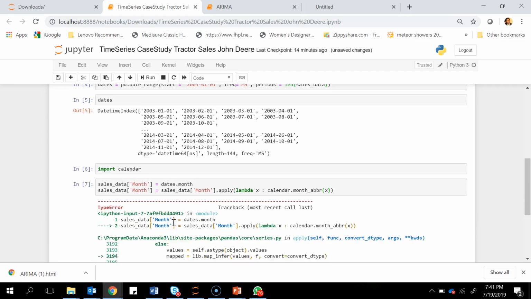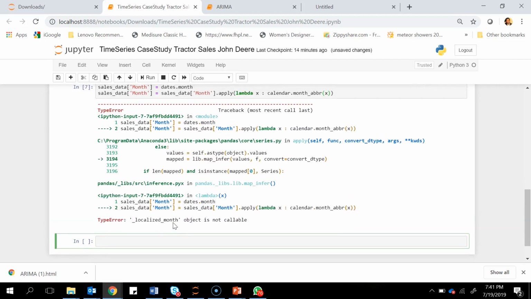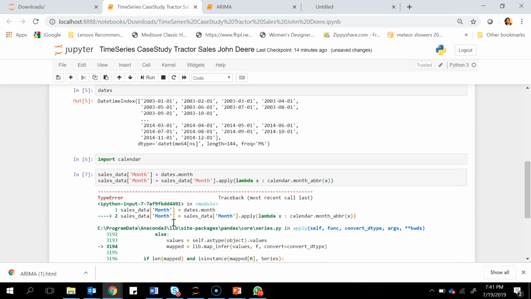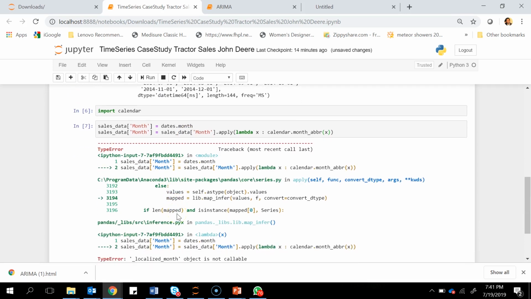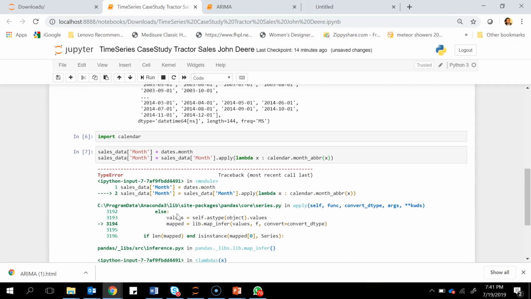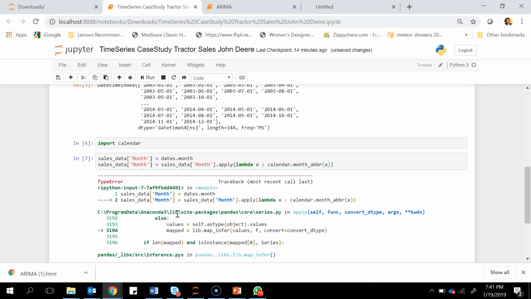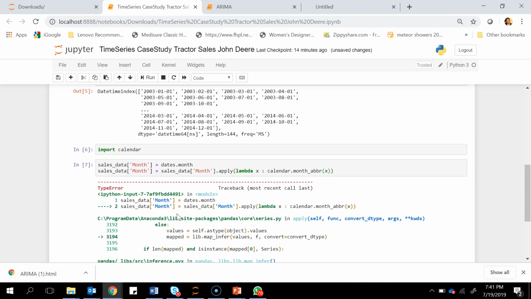Now let's talk about what we are doing here, right? Let me just figure out what went wrong. It's saying it's a type error in lambda month_abbr. Are we getting the spellings correct? calendar.month_abbr. Yeah, we just missed this here.